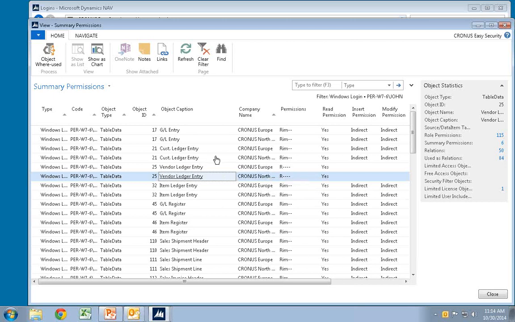So in that way, that's typically what an auditor would ask for. They don't care about all the other levels of setup. They only want to know what is the total permissions for this table. It's also a very good way of verifying that you don't by accident give people too much permission and suddenly they can do things they were not supposed to do in here, for your own audit purposes.